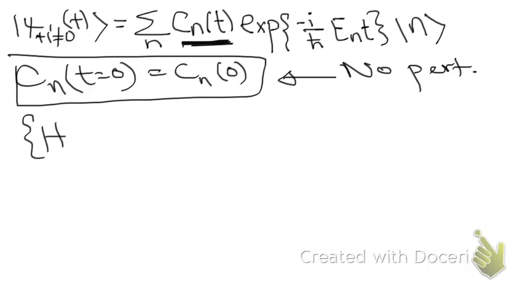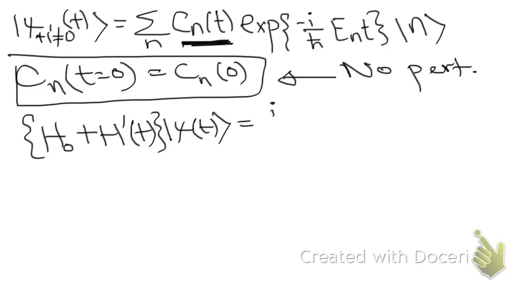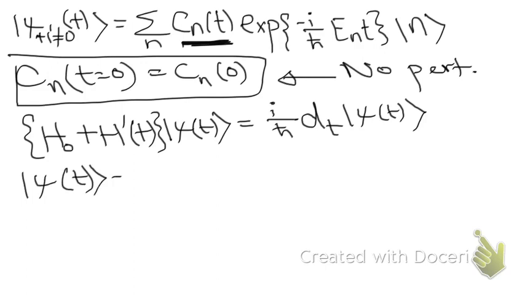We have H naught, the unperturbed Hamiltonian, plus the time dependent perturbed Hamiltonian H1, that acts on my state psi, which is a function of time now, equal to i h bar times the time derivative of my state psi of t. But we just said that our state psi of t